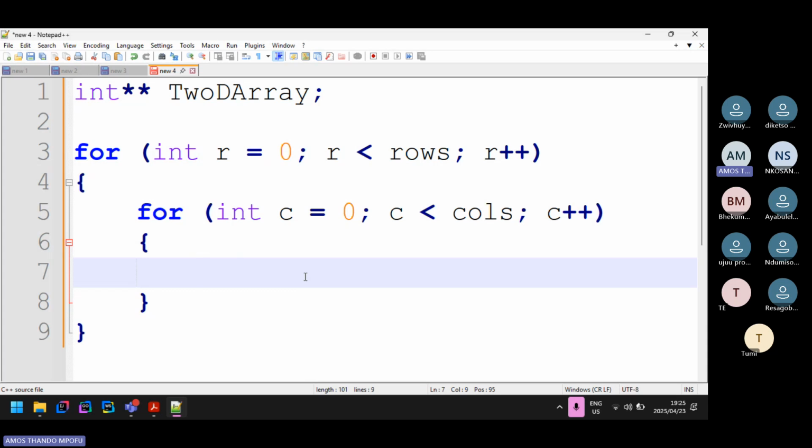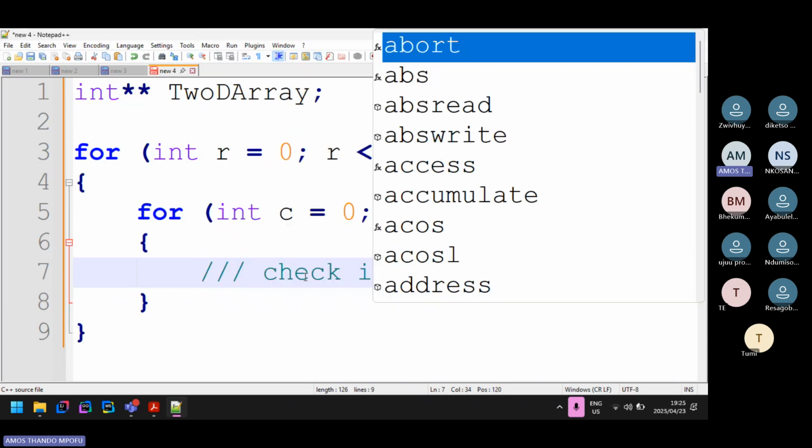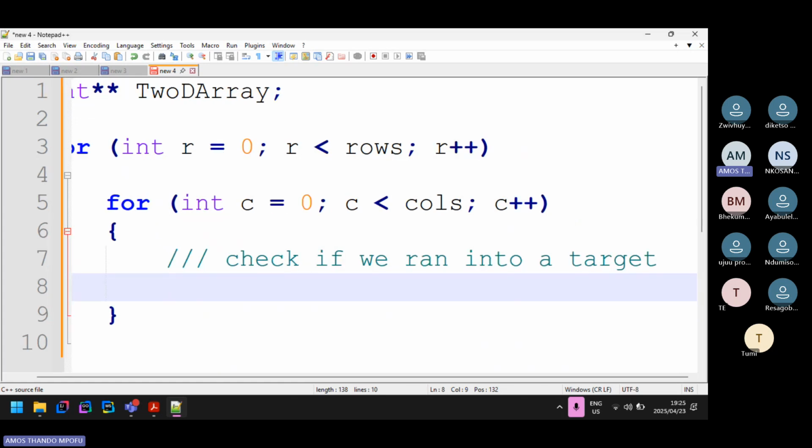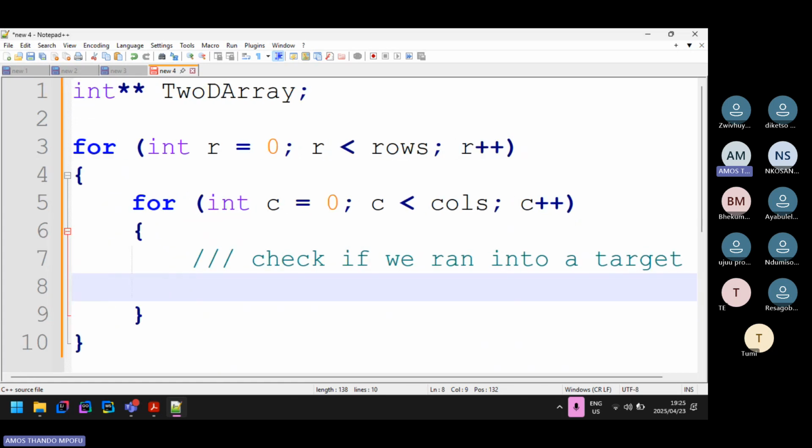So our first thing that we need to do is check if we ran into a target, because they said you should move the target itself, not anything else. And they said every target, or each target. The moment they talk about each, there's a loop involved, whether it's a for each loop or a for loop or a while loop, whatever you want. But usually it's a for loop or a for each loop. In this case, we have to